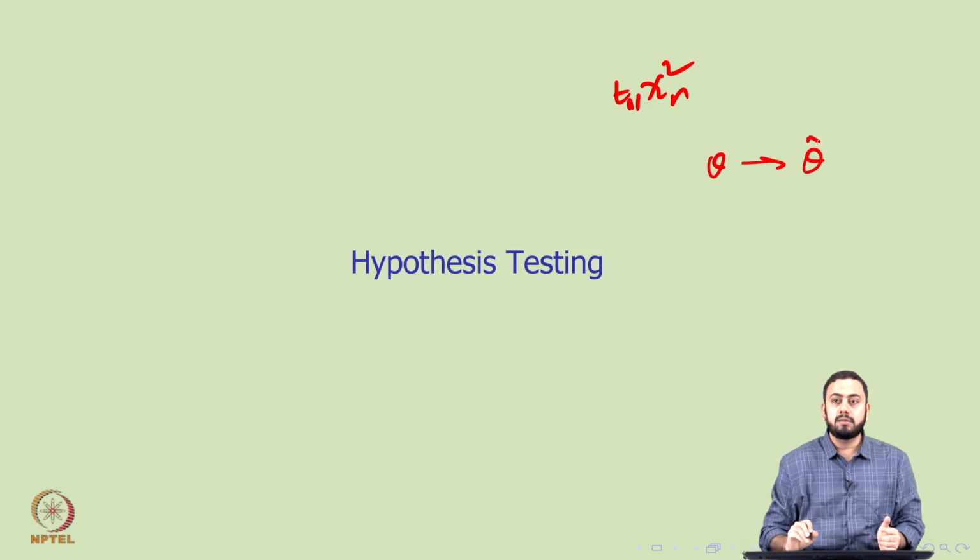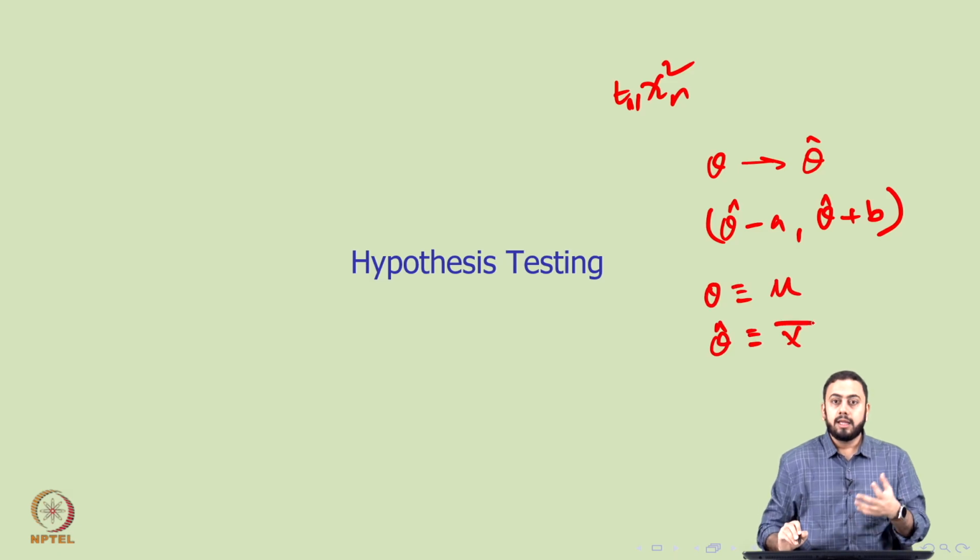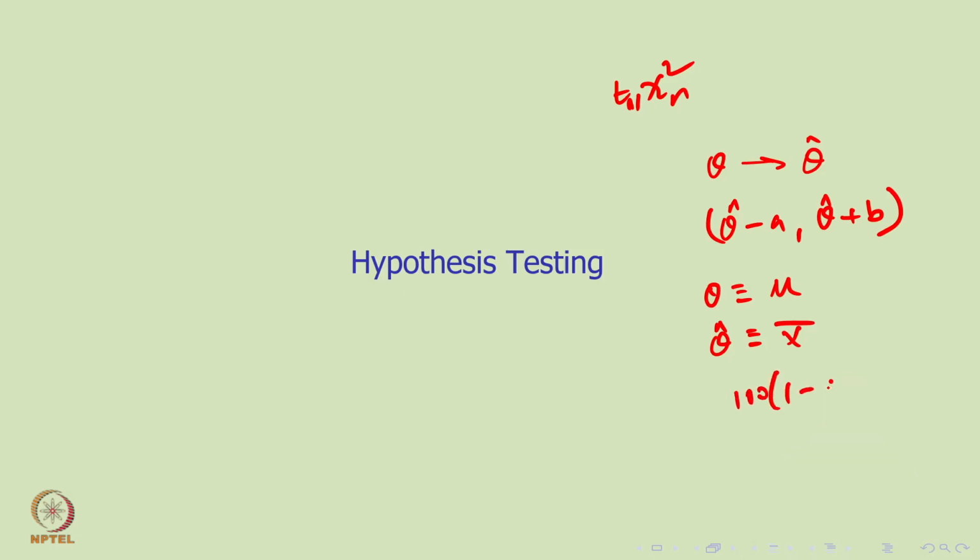On one hand, you have a point estimator theta hat, and on the other hand, we proposed an interval: theta hat minus a, and theta hat plus b, something like that. So you create a symmetric interval. And how you get hold of these a and b is the key question that we saw in the last session. Now, of course, I'll give you a simple example. If my theta happens to be nothing but the population mean mu, then naturally my theta hat has to be something like x bar. And then, starting with x bar, you create an interval around x bar so that you get hold of a 100 times (1 minus alpha) percent confidence interval for theta.